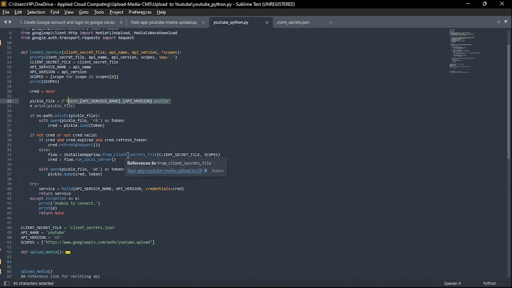It will run the credentials, that is creds is equal to flow.run_local_server. So what exactly is happening here is, if the credentials are not present, that is the pickle file is not present in your current directory, or the credentials file is present but the credentials are not valid, then it will ask you to log in to your Google account. Run local server will open Google Chrome and ask you for Google authentication. Once the authentication is completed successfully,